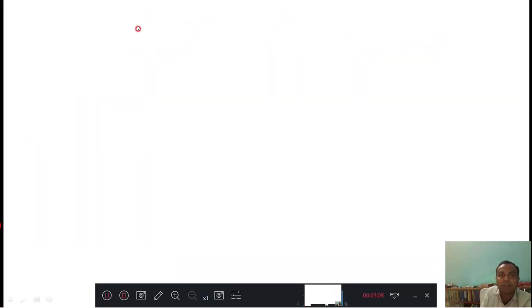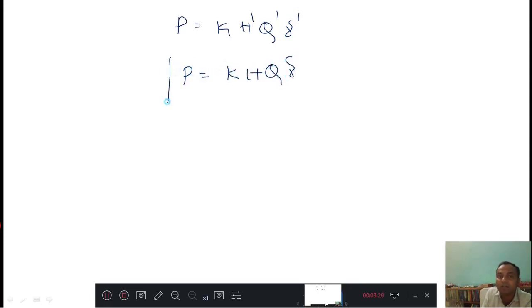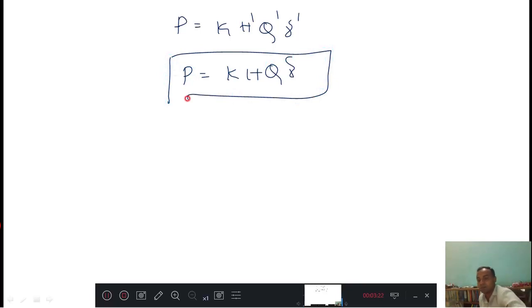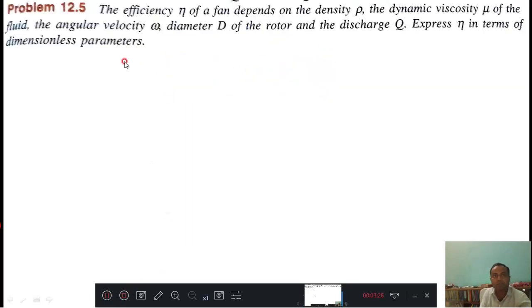Then going to the equation, P is equal to K into H to the power 1, Q to the power 1, and gamma to the power 1. Therefore the equation is P equals K H Q gamma is the formula. Right? Coming to the next problem, that is efficiency eta of the fan depends upon the